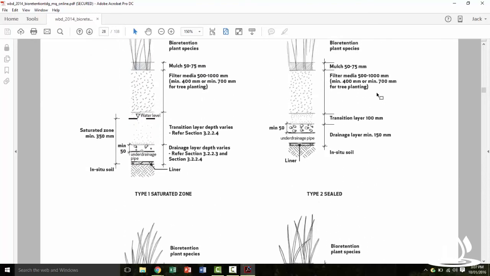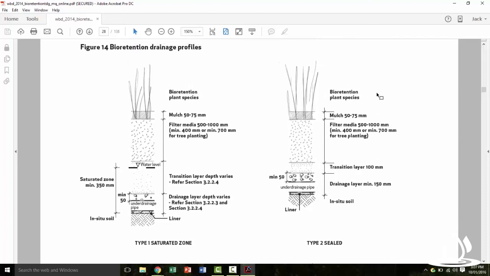And the final other type of system that we're going to look at today is what's referred to here as the type 1 saturated zone system. So a saturated zone system incorporates a water store at the base of the system. So if we work down from the top, we have the plants, we have the mulch, we have the filter media. Then below that, things start getting a little bit different. The first difference we'll see here is that the